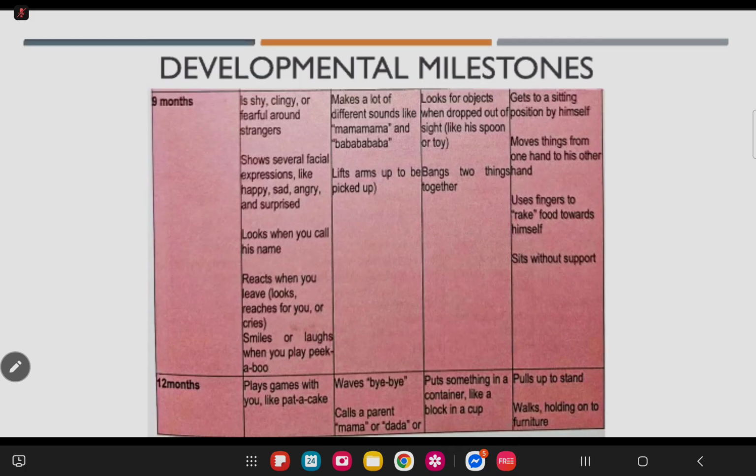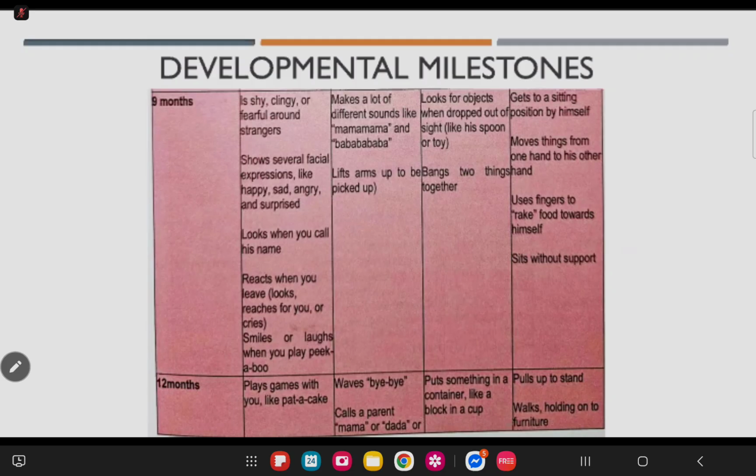But the earliest you can observe infants who pull themselves up to stand is 10 months actually. Even at 10 months, you can already walk while holding furniture. That's what you call cruising. Okay, 10 months. At 12 months, some babies or some patients already walk, but just a few steps.